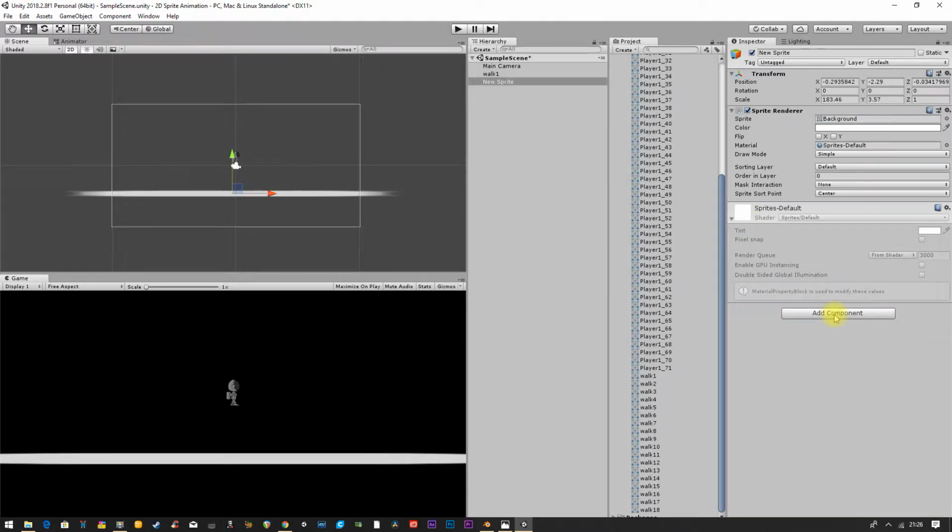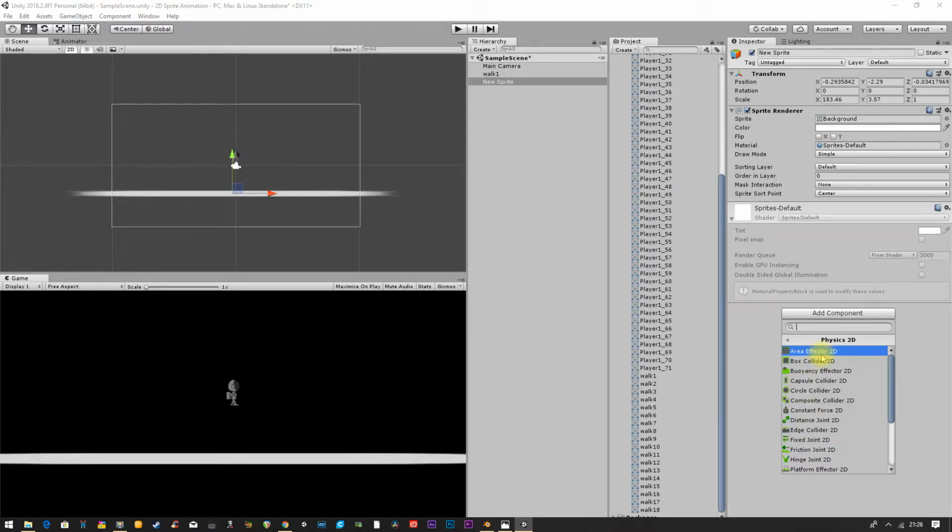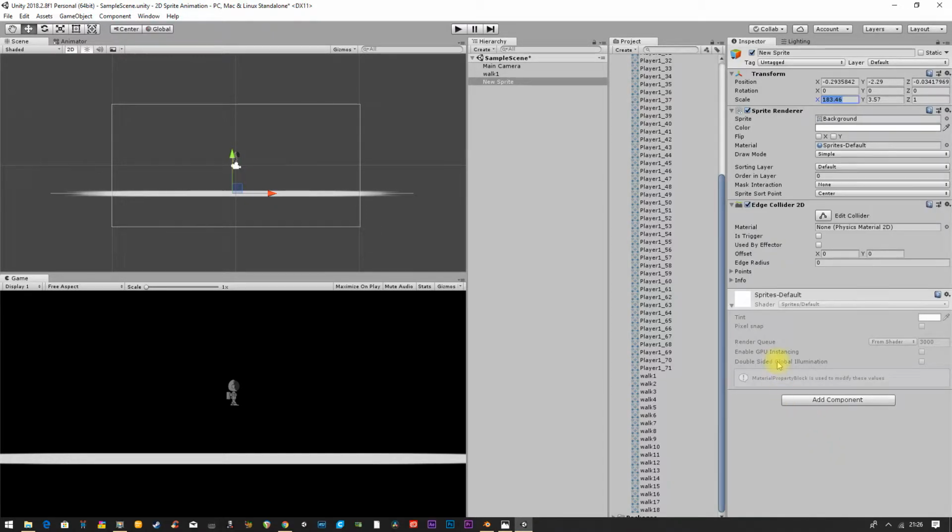Now I'm going to give it some physics. So I'm going to go add component, physics 2D, and I'm going to add in a, what do we put in? I do not want a joint. What do I want? Not a circle collider, an edge collider. There, I'm losing my mind. I found it now. So I've put in an edge collider, and you can see that it has an edge,